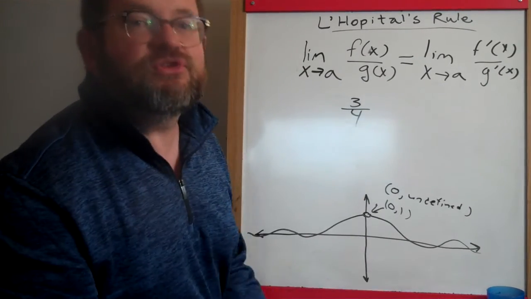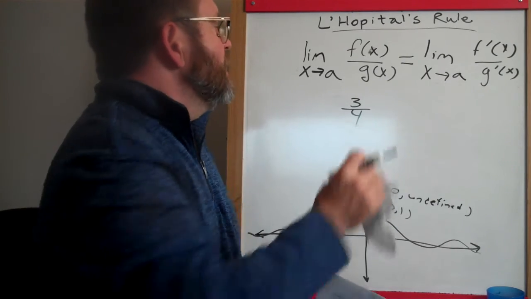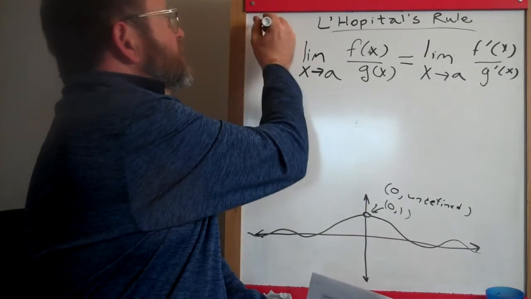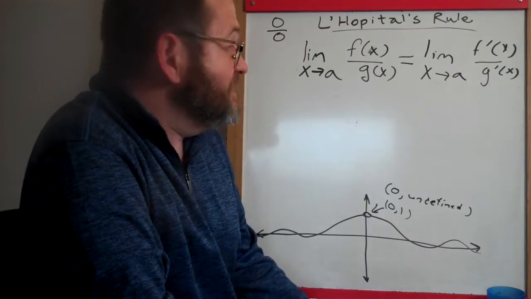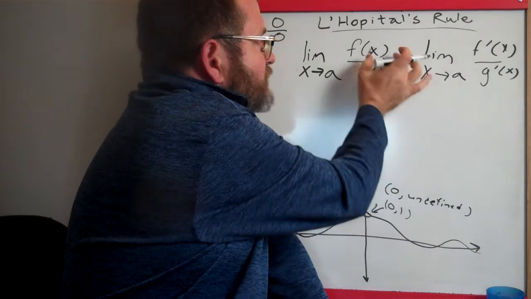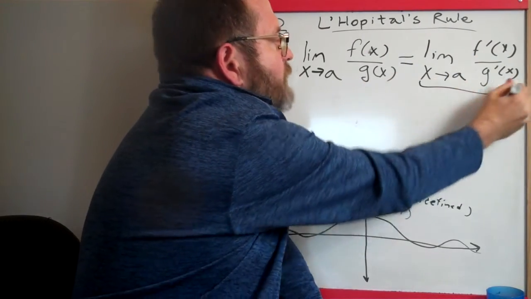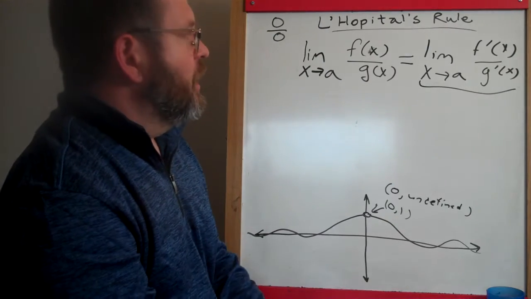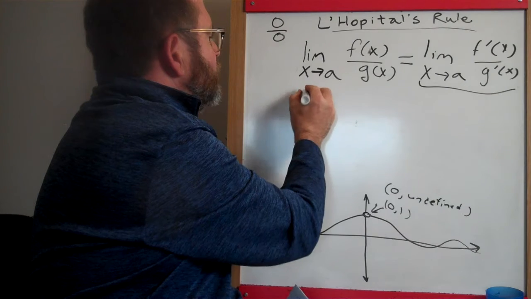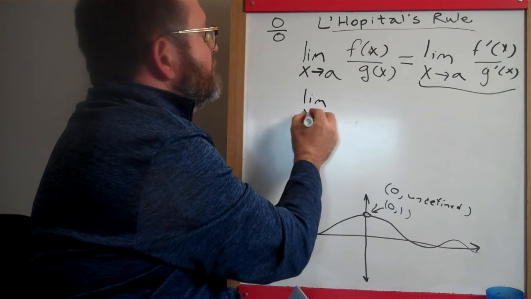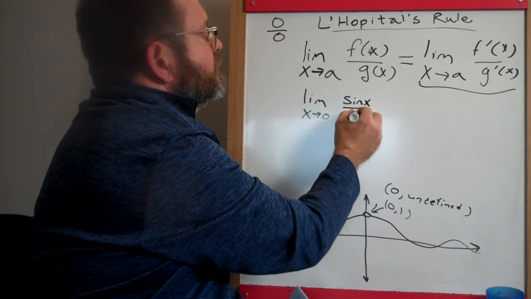We could just use direct substitution to evaluate limits the way we did in February. But if you're getting yourself into one of those indeterminate forms, like 0 divided by 0, which nobody really knows what that means, you can actually take the derivative of the numerator divided by the derivative of the denominator, and that will work too. Holy smokes. So in our earlier example, where we were talking about the limit as x approaches 0 of the sine of x over x,